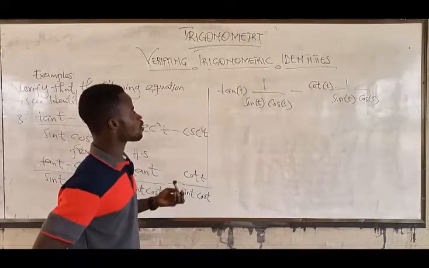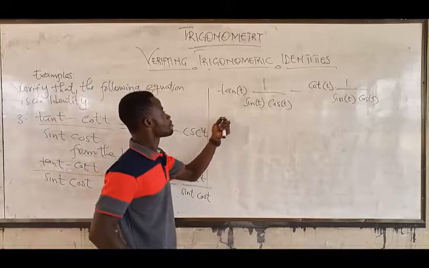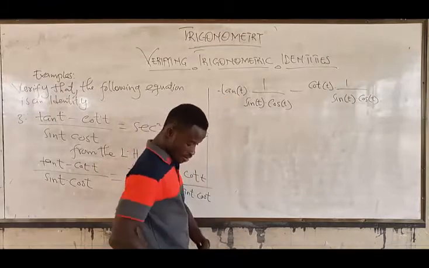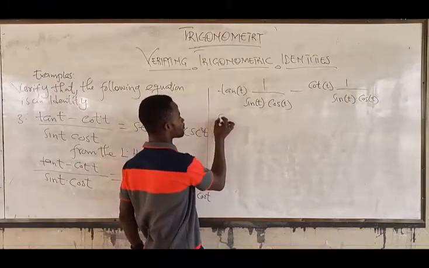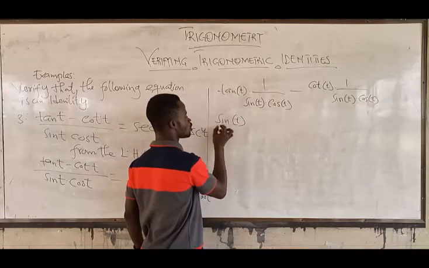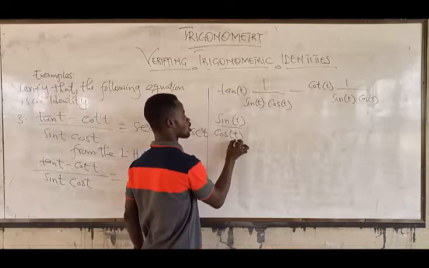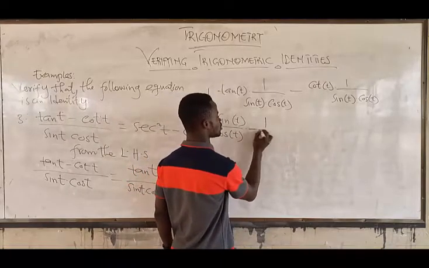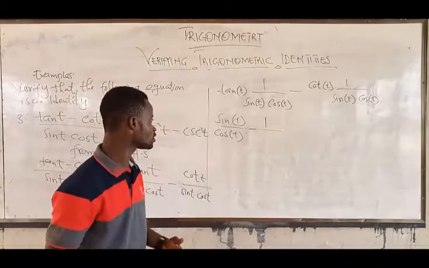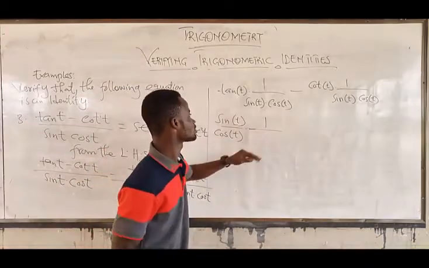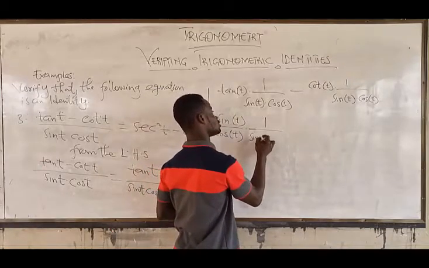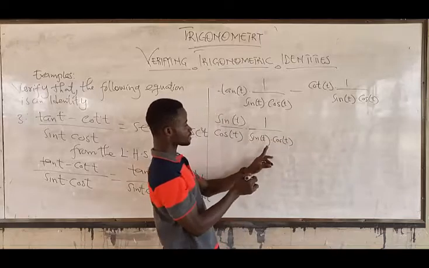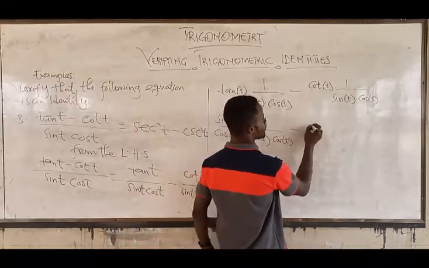And we know from our reciprocal identity that tan t is the same as sin t over cos t. Multiplying by 1 over... By now, we should be able to know the reason why we are doing all this. So you can see that now this will cancel this. Hope you can see that. Minus. Now,